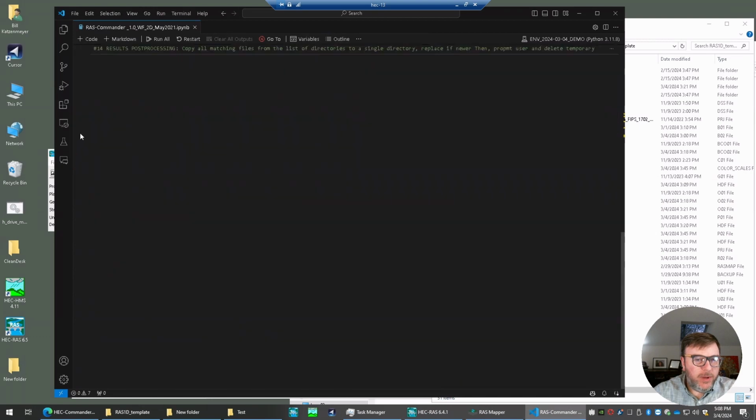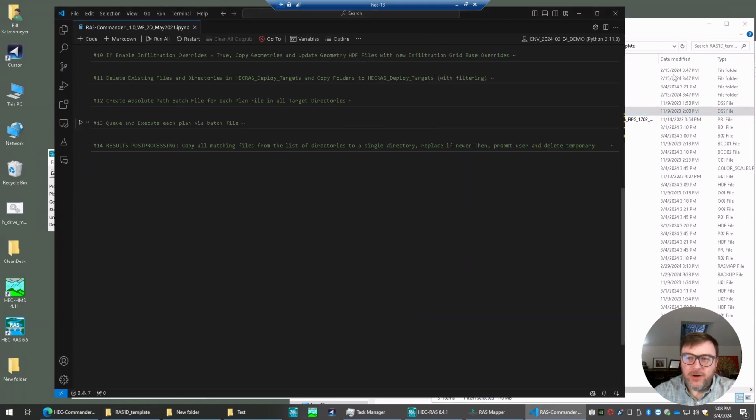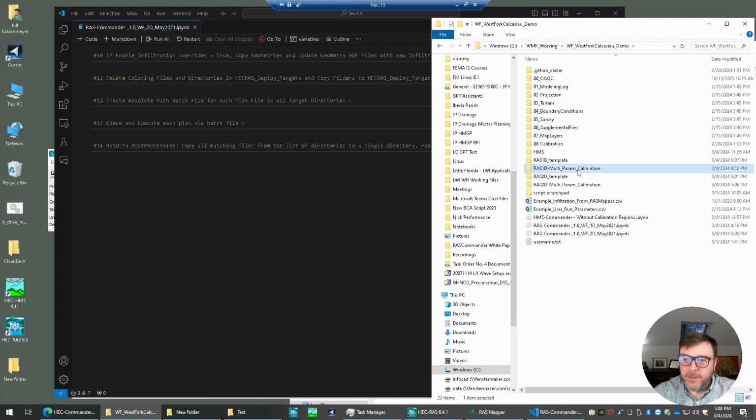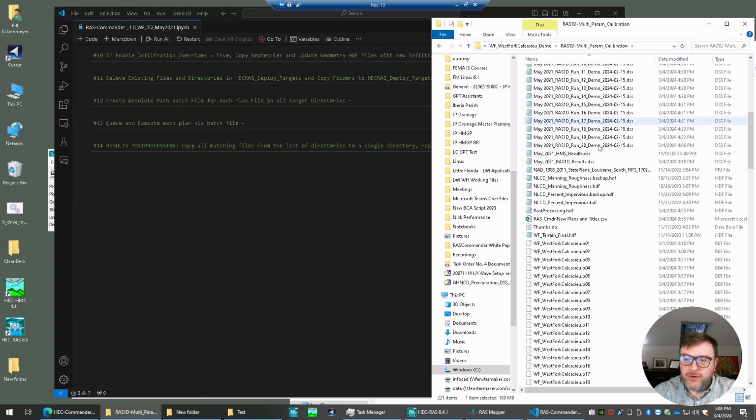One thing you do need to be aware of, if you do have extra DSS files, for some reason, here we had HMS results. That comes out and has RAS-1D results. For some reason, you'll end up with an extra one in here. All these need to correspond whenever you're using the infiltration parameters option. All of your RAS-1D results should